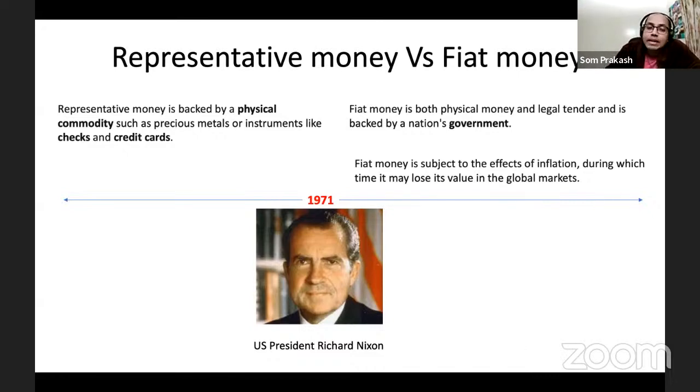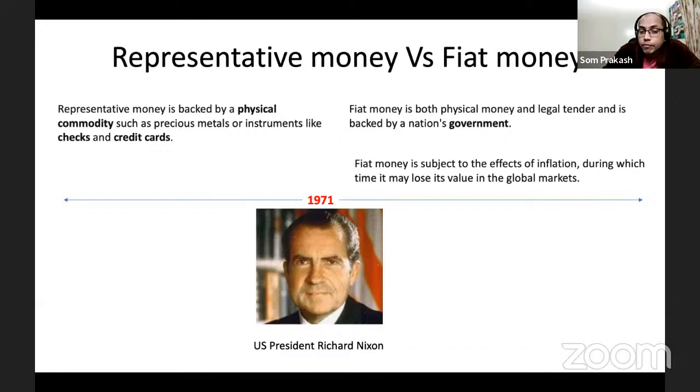Now this practice was discontinued in 1971 by US President Richard Nixon. So what Mr. Nixon did is he overhauled and changed the entire system. It's an American president, and that's how it changed in America, and then every other country adopted the same thing as well. So what he came up with is we do not need to have a backup of gold,